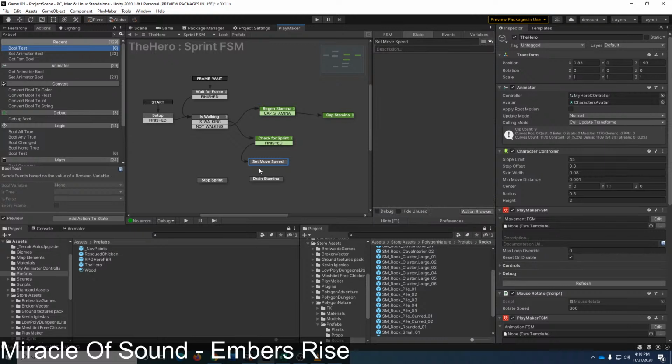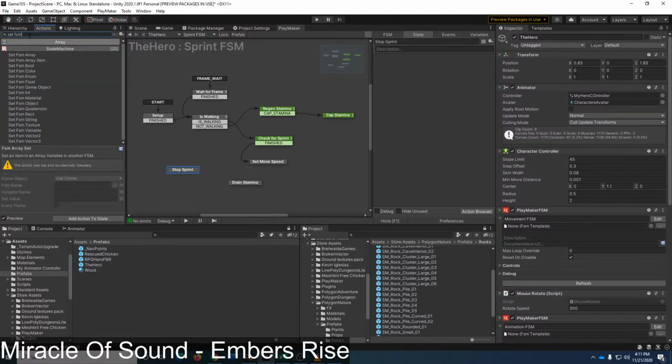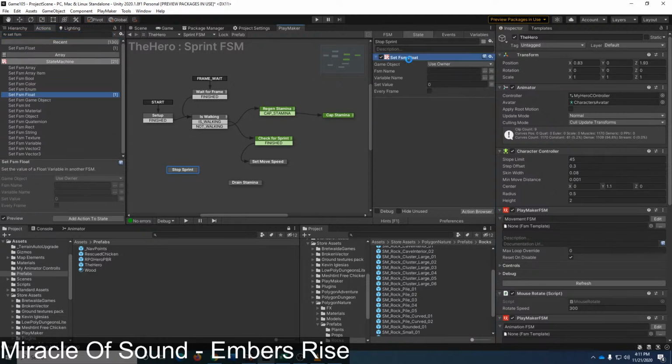So this will need to have an FSM. Actually, I need to set an FSM float this time. So set FSM float, because that's how we talk between state machines. And this will be the movement, and I will grab the move speed.